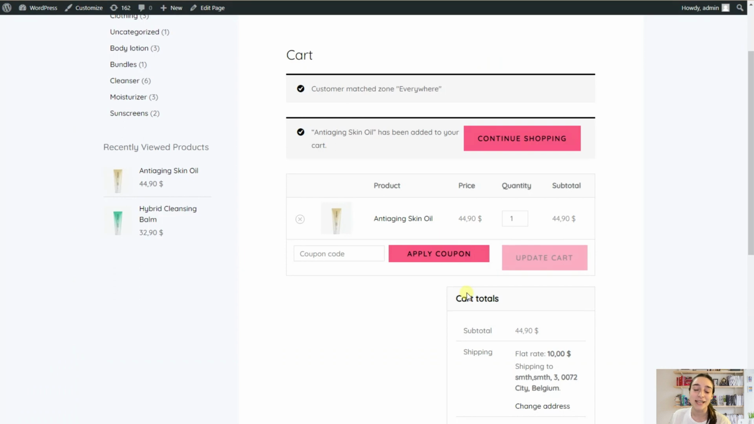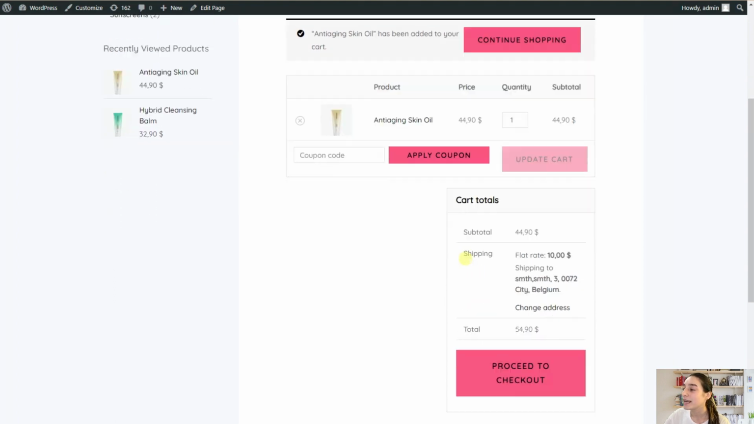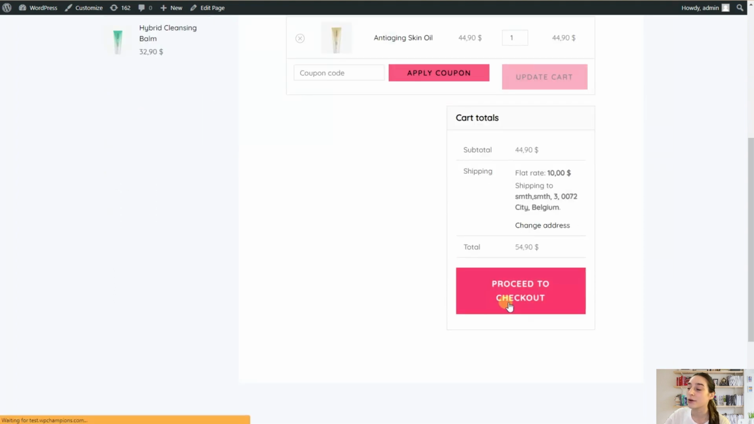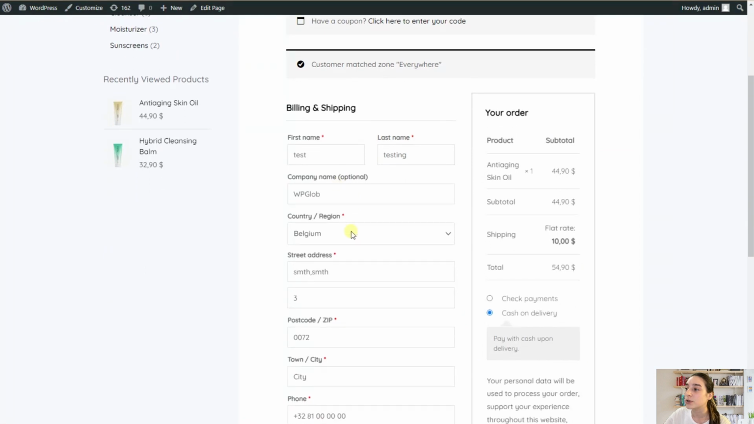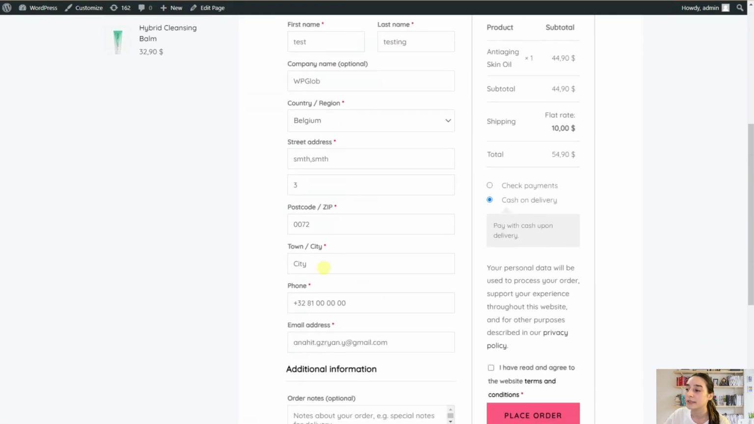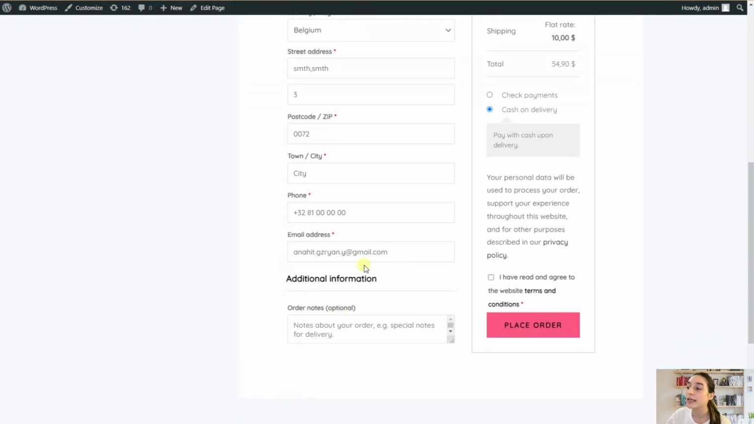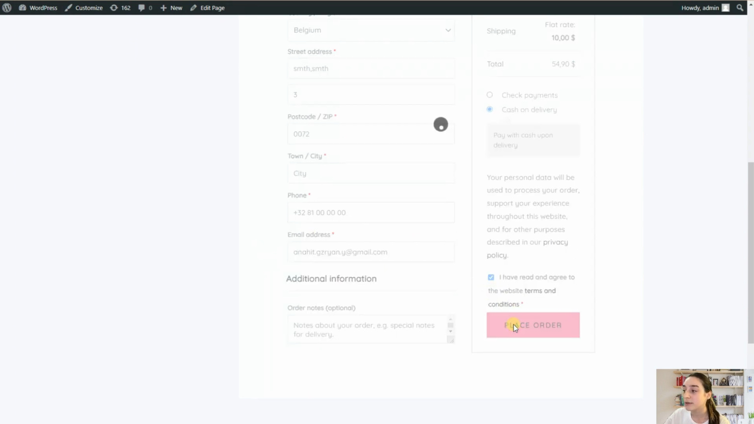So for this, let's place an order to see how this works. So I have bought something from our website store, and now I am proceeding to checkout. And here I need to fill in some data about myself, and most importantly, I have my email address here. So I am placing my order,